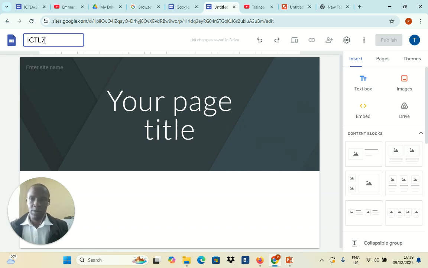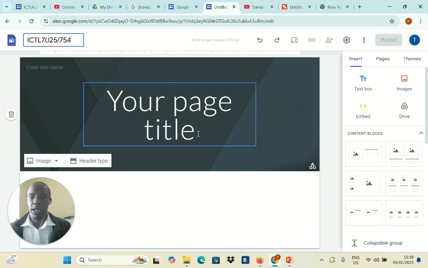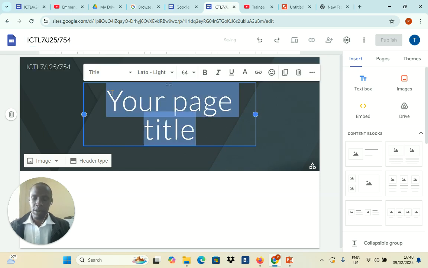You are not level 5 but level 7, maybe level 7, index maybe January 2025. And then my admission is 9 or 7, 5 like that. This is my index. This is my admission. And then here I can just write my name,